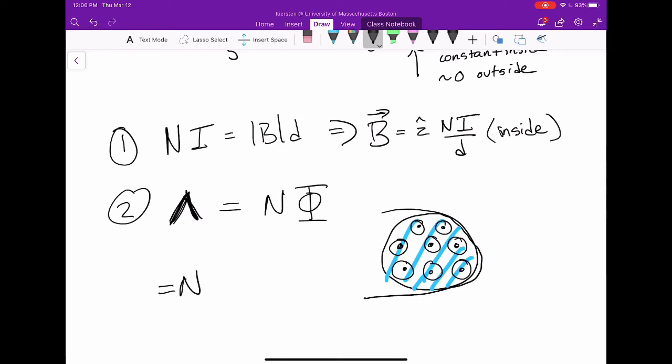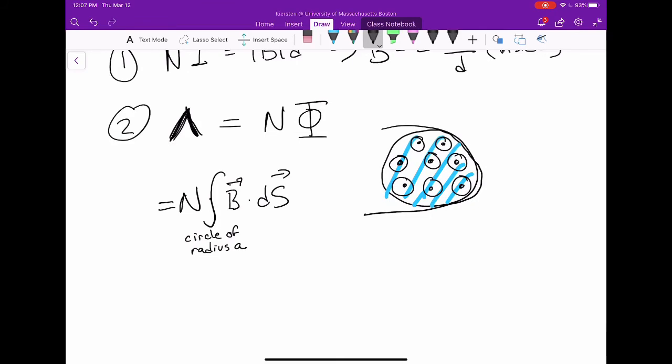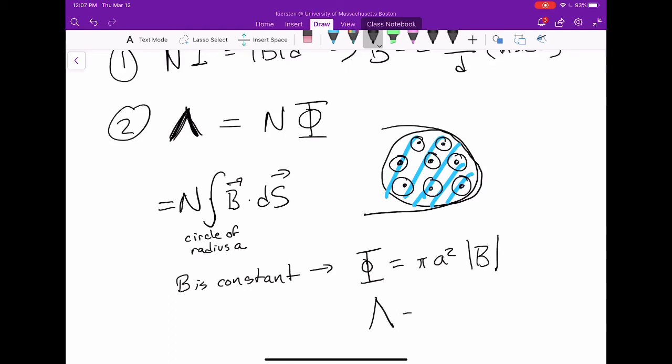So that would make it N times the integral of B dot dS over a region that is just a circle of radius A. And since B is constant over this area, the flux is pi A squared times magnitude B, and the flux linkage is equal to N pi A squared magnitude B, which means, substituting in the